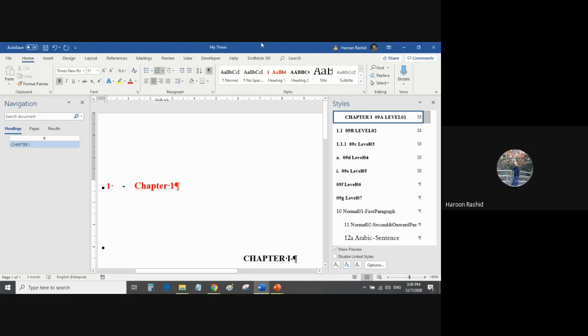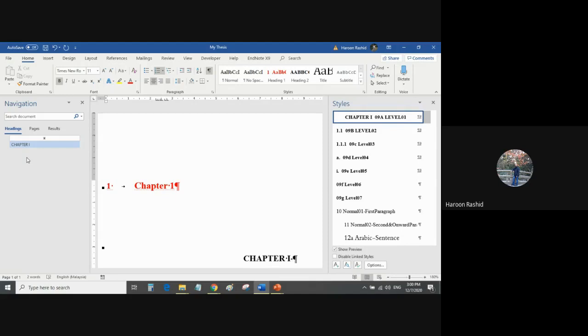And if you notice on the left-hand side in your navigation pane, something is written, chapter 1 or Bab Satu, automatically. We didn't write anything here. It has appeared automatically. So whatever heading appears in the navigation pane, only that will go in your table of contents.